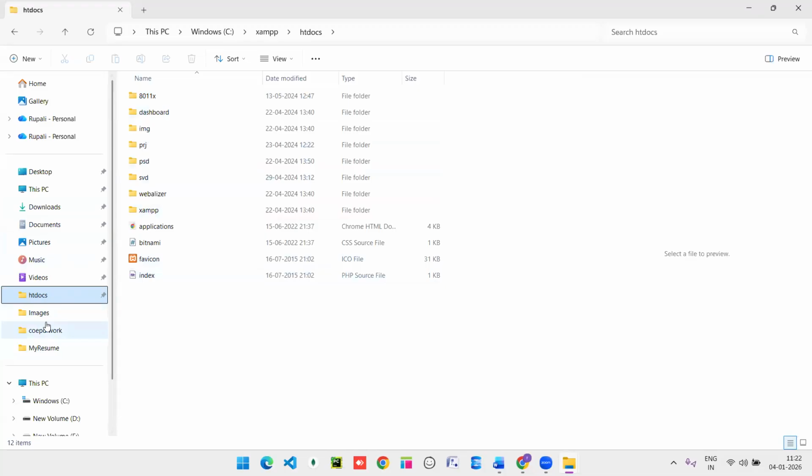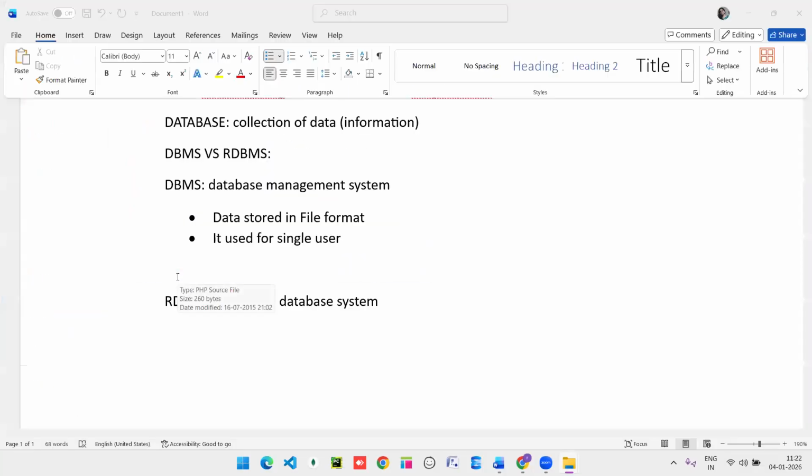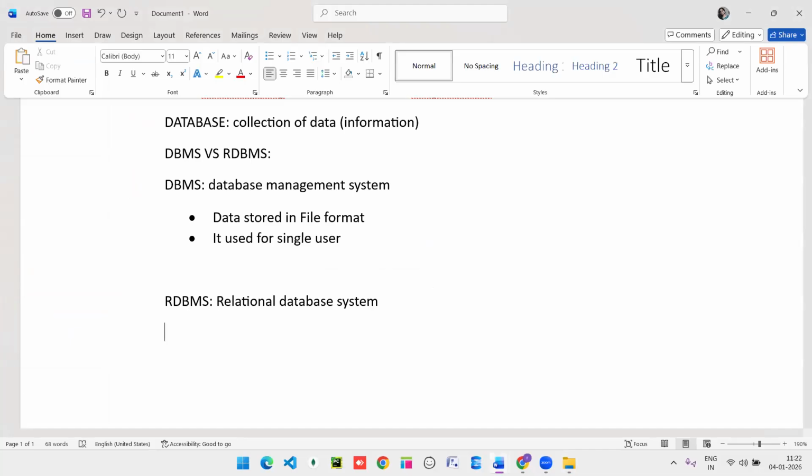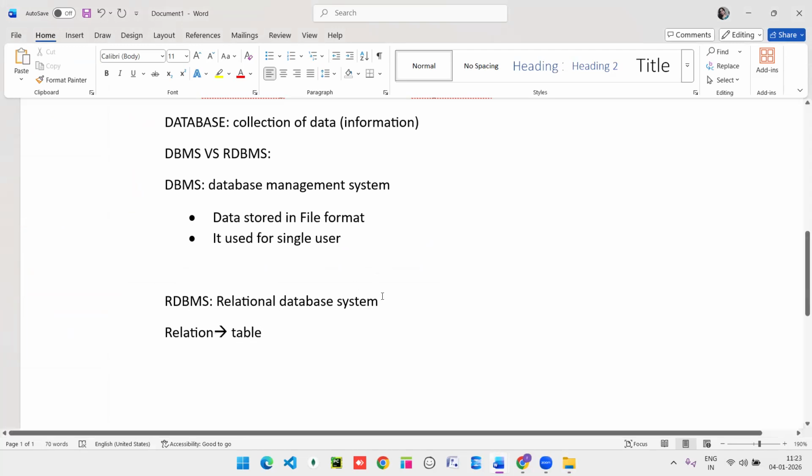So here only you are using it, right? So this database management system is used by a single user. And in a relational database system, relational means table. Okay, all this information will be stored in table format in our database. Okay, so we have